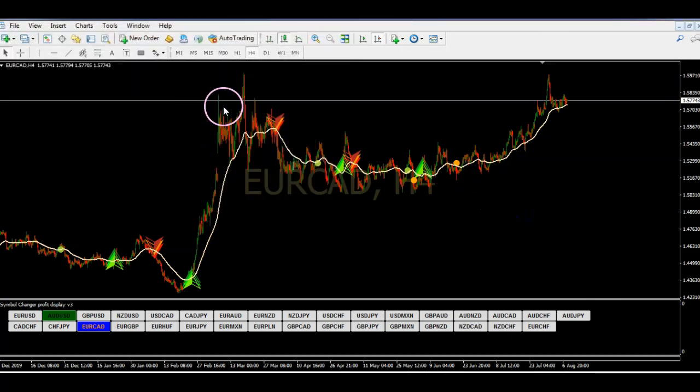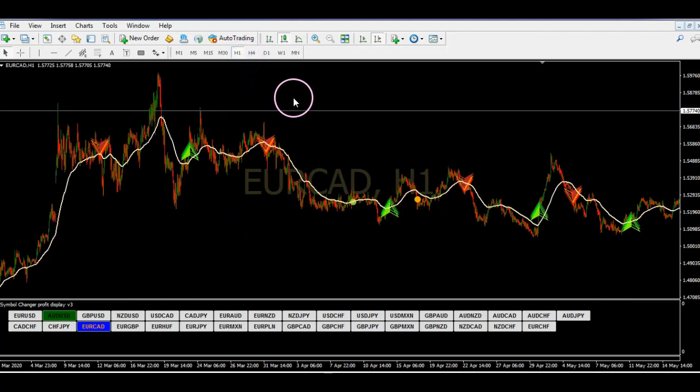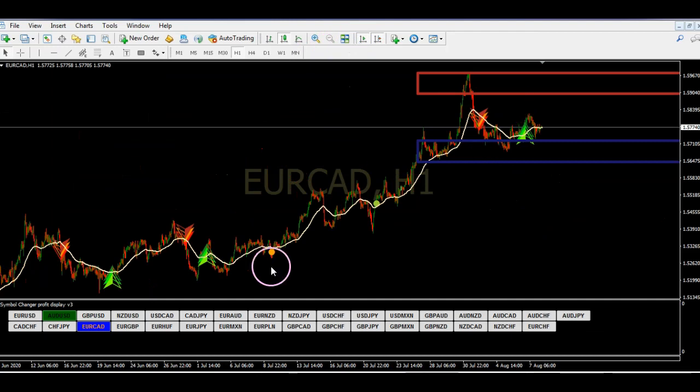Okay, so we're going to start analyzing the market. We're going to start on the 1 hour, just looking to see if we have triple arrows on the buy or sell zone. Let me go all the way to the front to see. So on the 1 hour,